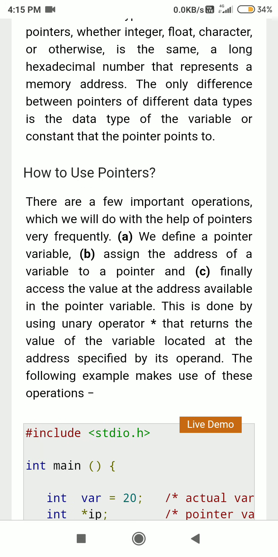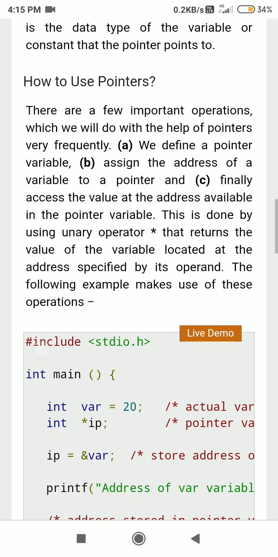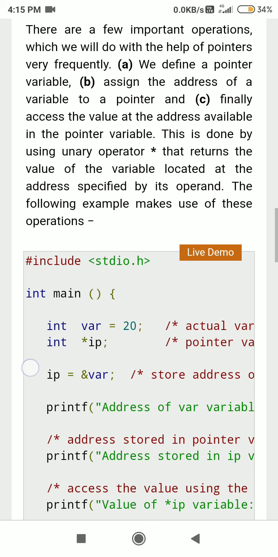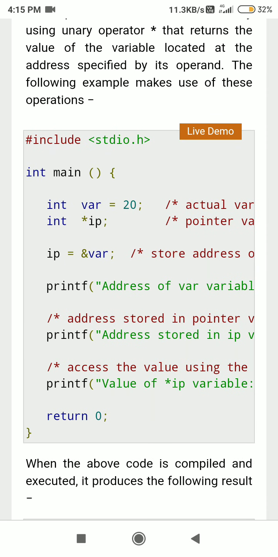Now let us see how we can use a pointer. Here I have created a variable int var, and I have initialized it with 20. I have created an integer pointer ip. Then what I am doing is, & is the address operator, and it is used to get the address of any variable.